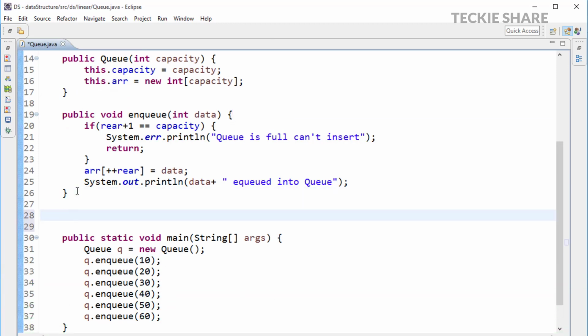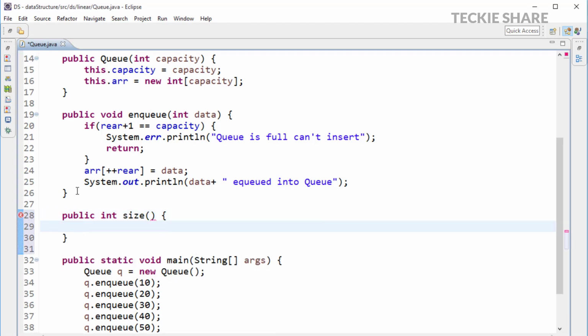Now I am going to create the size method. The size method will return the size of my queue, nothing but I am simply returning the rear plus 1 value. Why have I written rear plus 1? When my rear value is 0, there will be one data in my queue. So rear plus 1 equals 1, so my size will be 1. So I am just using rear plus 1 from here. Now I have a size method, so I am just replacing the condition which I created just before.